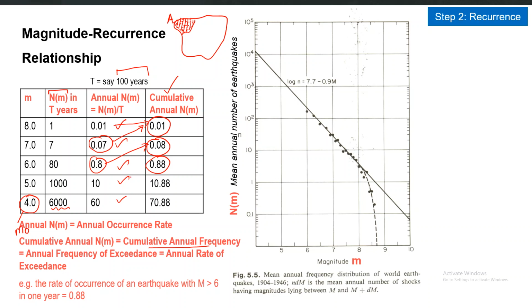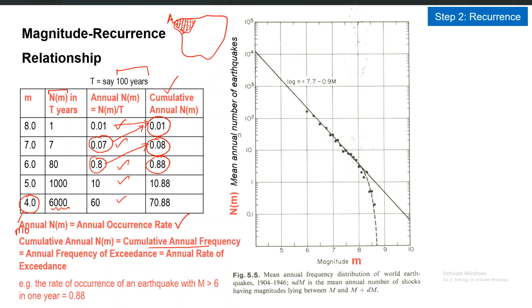Annual n of m is the annual occurrence rate. It is the rate at which these different magnitudes are occurring or have occurred in the past, and this is the annual rate because we have already divided by the total time of the data. But this cumulative column, the last column, can be called the cumulative annual occurrence rate or cumulative annual frequency,